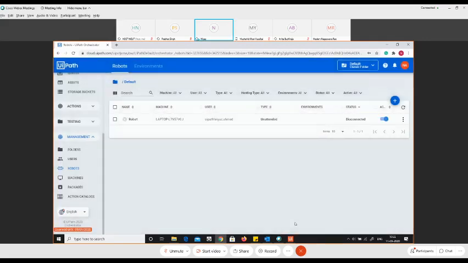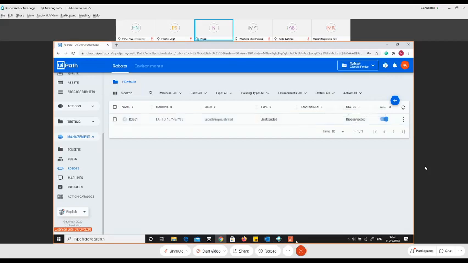So now you can see the robot has been created, but what you can see over here is the robot status is disconnected. Now, what do you mean by disconnected? As in, it says that the robot is created, as in you have provisioned the robot, but the robot is not able to connect to your UiPath robot that is there in your studio. Basically, we haven't established a connection till now. As in, my UiPath robot that is sitting in the desktop hasn't connected to the UiPath orchestrator platform.